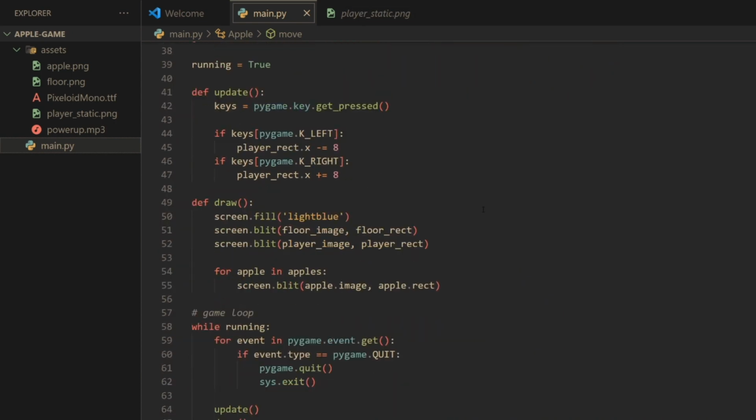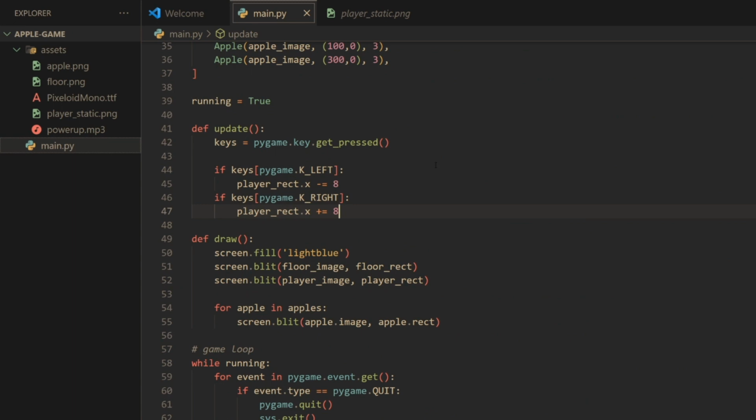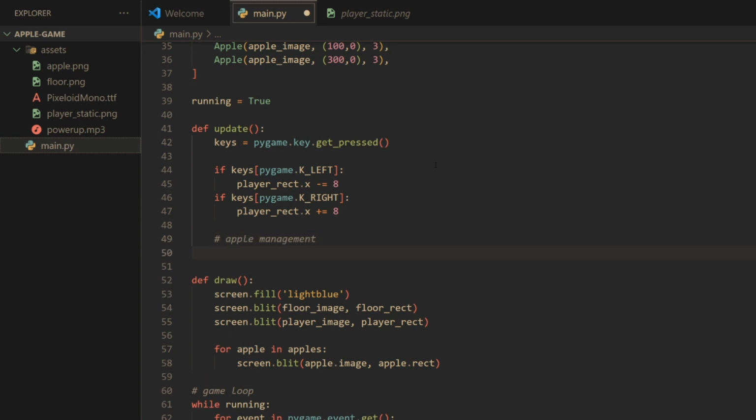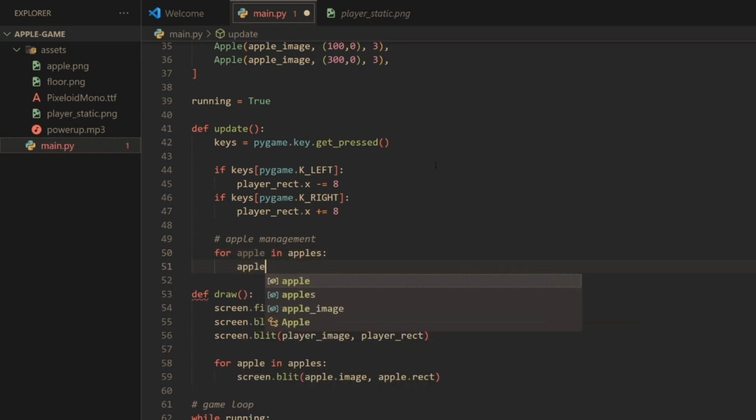So let me go to the update here. What we're going to do is simply move our apples. I'm going to make a comment just for organizational purposes. I'll call it something like apple management, or something funny like that. And then I'll do for apple in apples again, and then we'll just do apple.move,